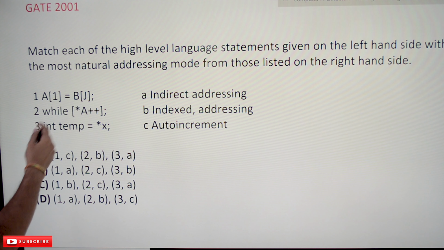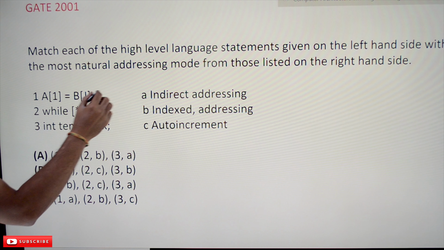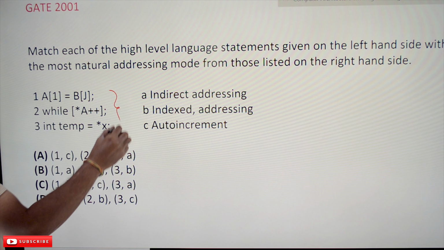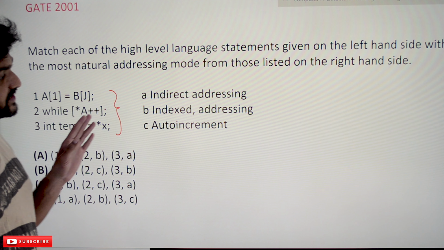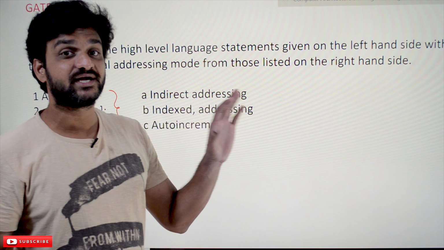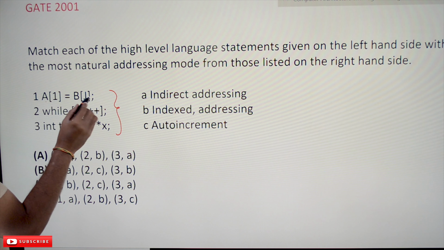with the most natural addressing modes from the list on the right hand side. On the left hand side we are provided with programming concepts, and we have to match them with the kind of addressing modes. This is A[I] = B[J].